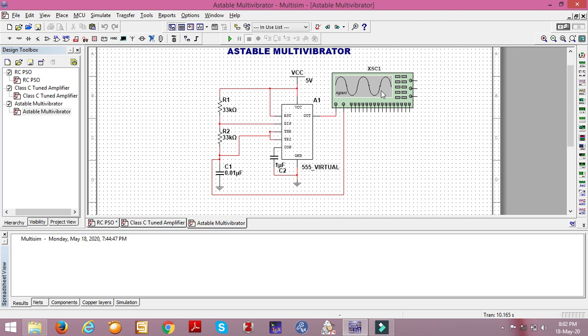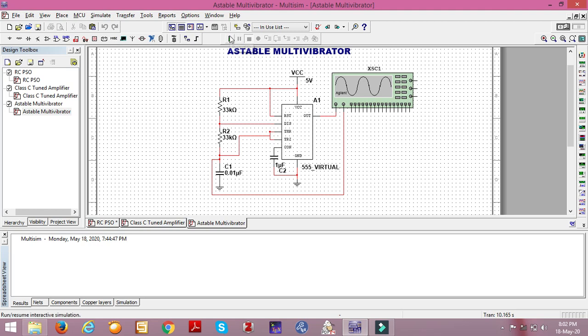And this is the oscilloscope connected at the output. One channel is connected to the output of the 555 timer and the other channel is used for the capacitor charging and discharging waveform, to see the capacitor charging and discharging.